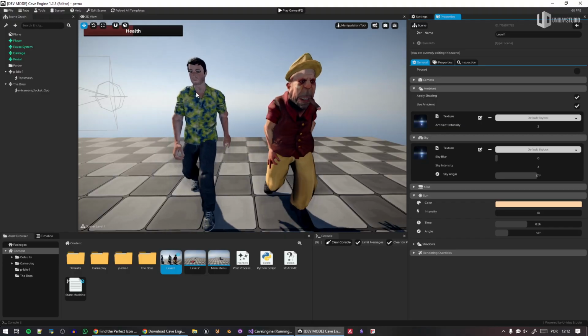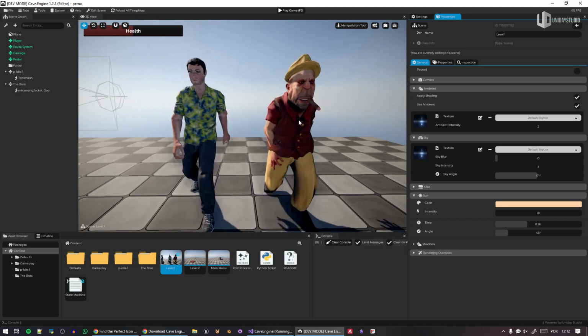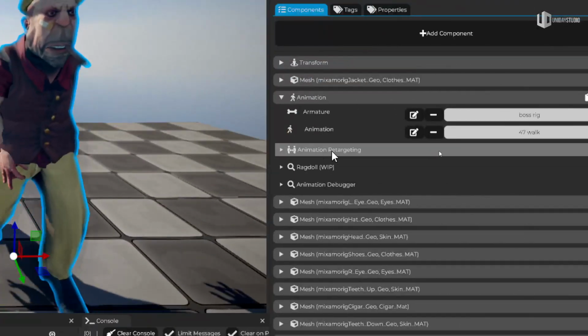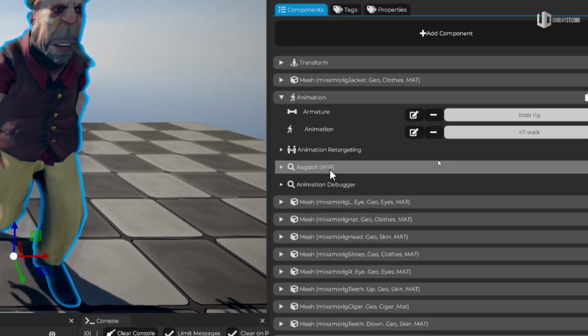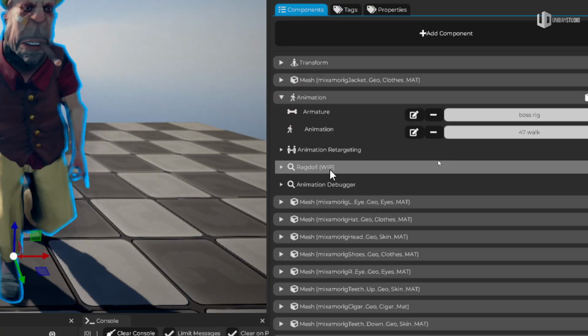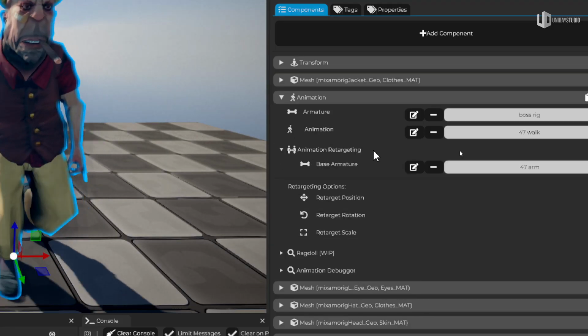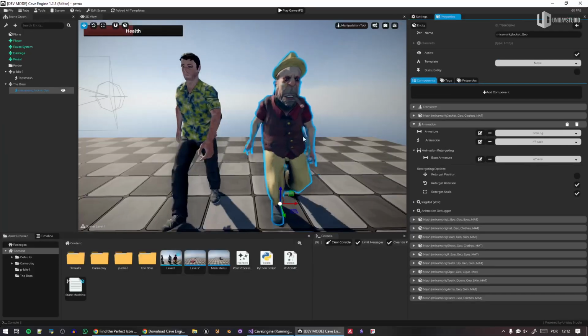But it does have a Mixamo rig, but they do have different proportions in the armature. So if I click here, I do have animation retarget. Yes, we have ragdoll, but it's work in progress. Ragdoll I'm not gonna make to 1.3, by the way. Nope. It's very early on. Anyways, but we do have the new animation retargeting, and it is actually using a base armature for this guy